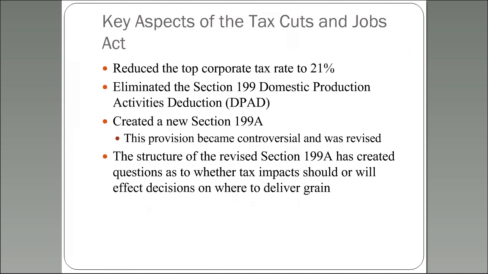So, out of the Tax Cuts and Jobs Act, it's always interesting. These are always Jobs Acts. They're never tax acts. It reduced the top corporate rate to 21% and eliminated Section 199, and we call that the Domestic Production Activity Deduction, the DPAD. And actually, it was the DPAD which affected us in agriculture, but that was most of the savings to let them get to that 21%. So a lot of what happened was eliminate the DPAD and then give that to corporations just in a lower flat rate. But they did create a new Section 199A. So we got rid of Section 199, we got 199A.